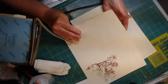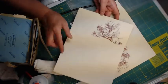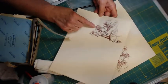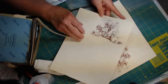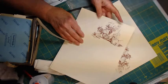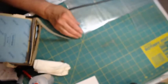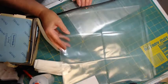I found a package of this stationery. It's real cute. It has a drawing on it of a man with his mule and wagon, and he's panning for gold. Over 100 sheets of that for 25 cents. Just love that, even if I collage over it. And then